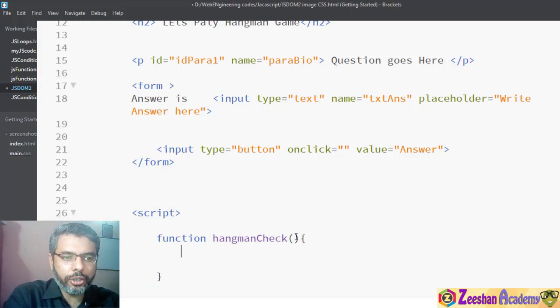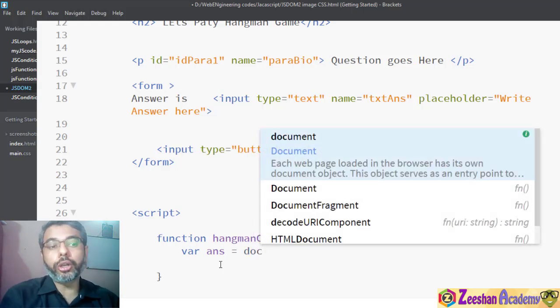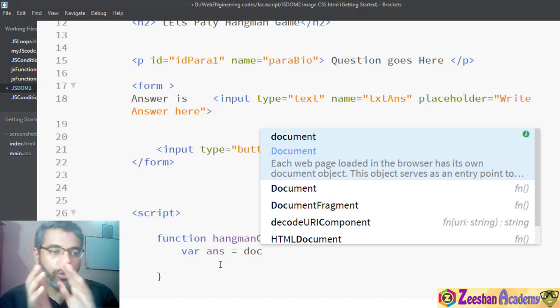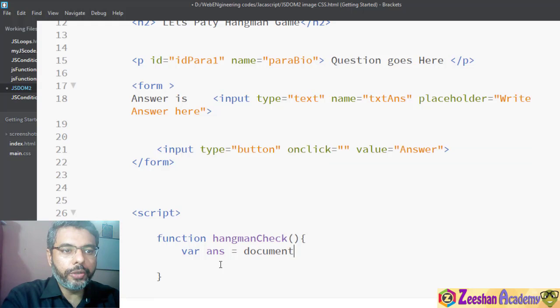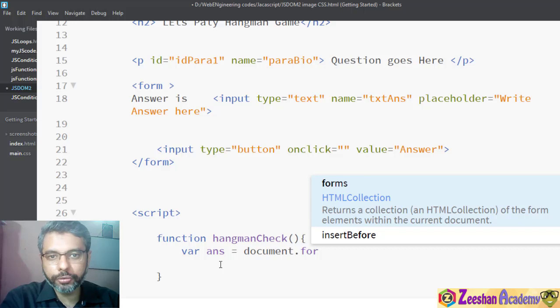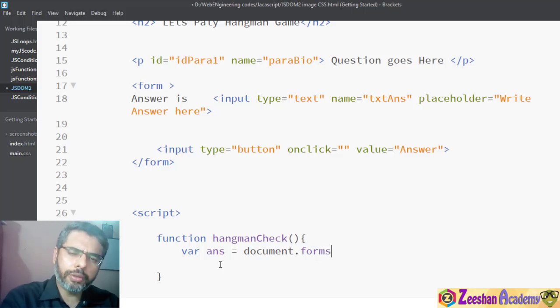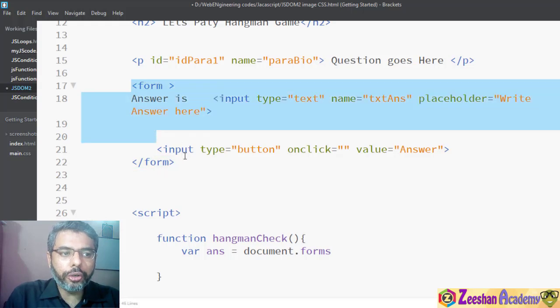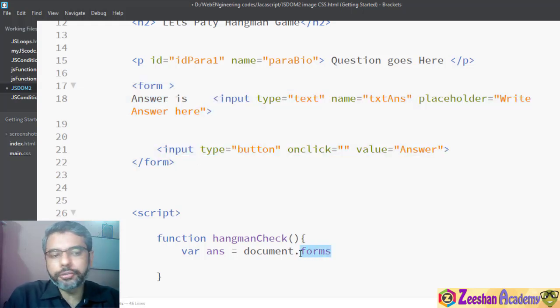Now technically this is going to have an input, but I'm not going to take an input as an argument. What I will do is I can say answer equals, and I go inside document. Now let's use the document object model again. To use the document object model means that you follow the hierarchy to access the components. So we use document dot, and instead of getElementById, we can use something called forms. Forms is something we have discussed in one of the previous lectures as well. Forms is basically an object, a method, sorry, that refers to your HTML forms. So to read the forms, we read the forms method.